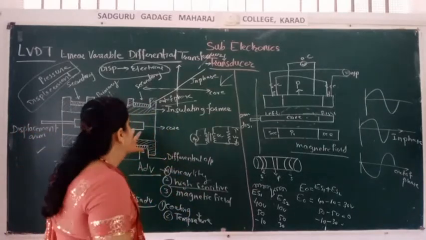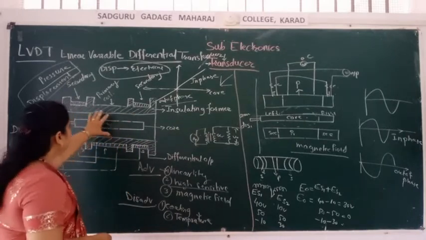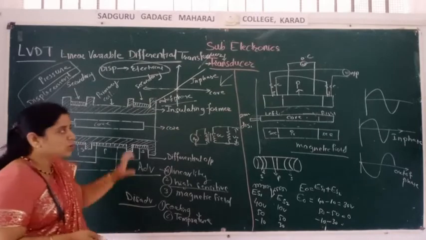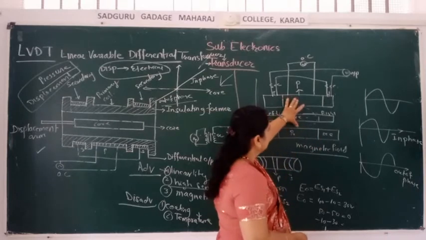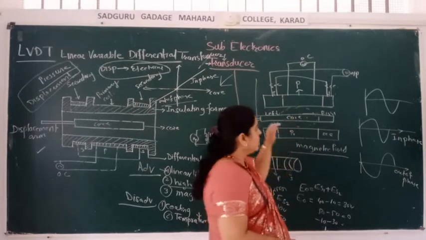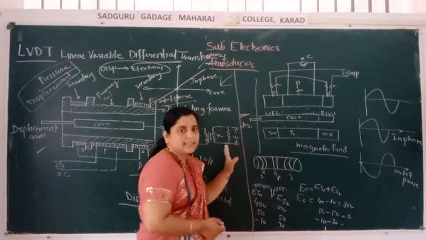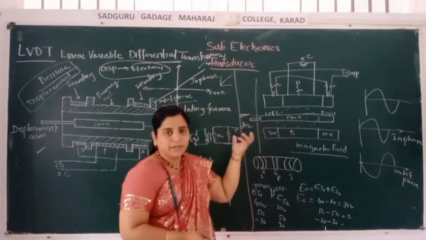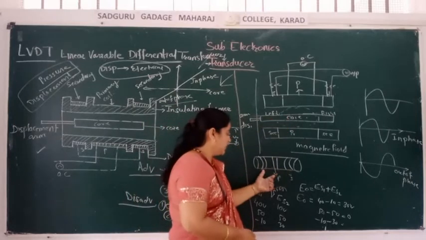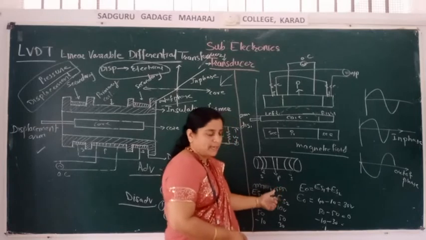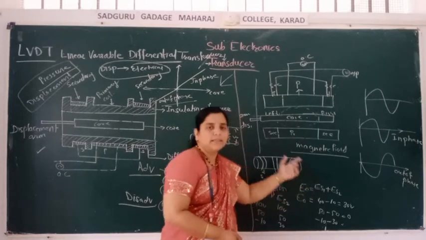All of you understand this? This is a very easy and simple concept. Students, see, you should not be afraid that your diagram is so complicated. It is a very simple diagram I have drawn here. Two secondaries are there, parallel, and one primary is centrally connected. Between those two sections, only one core is there, and all working depends on this core, where the core is moving to the left side or right side. In this, what happens? Two windings are there. Those two windings are opposite in direction, and both are connected to each other. Okay, and from those windings we can calculate the output voltage.